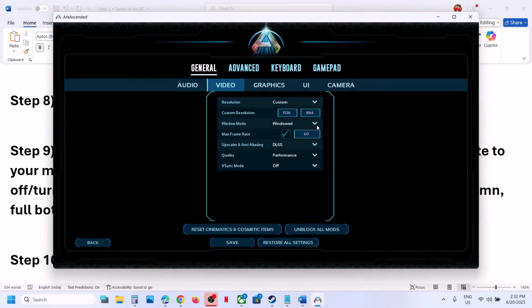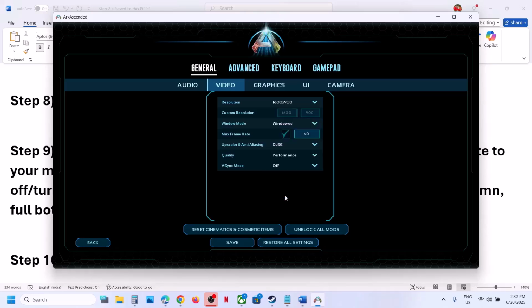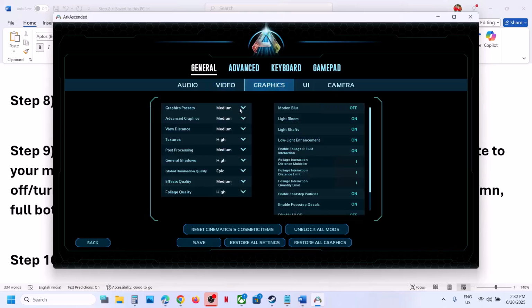You can try window mode over here, and then if the resolution is set to 4K, you can try 1920 into 1080p. You can even lower down more, and then you can check. You can disable or enable VSync and then check which one is working fine for you. Now go to graphics option. Over here you can see graphics preset. Now if this is set to epic or high, you can set it to medium, or you can even go to low. Now for many user, for advanced graphic, for many user, setting it to low has worked, so you